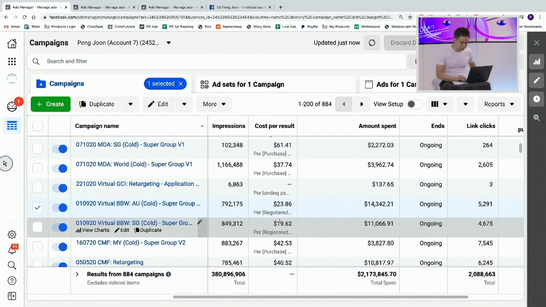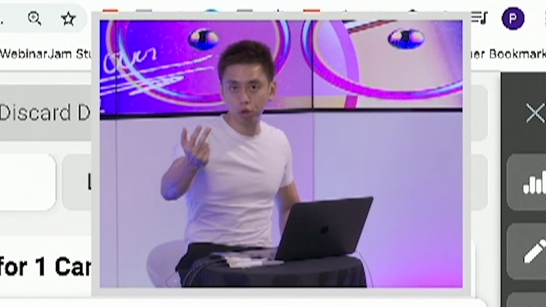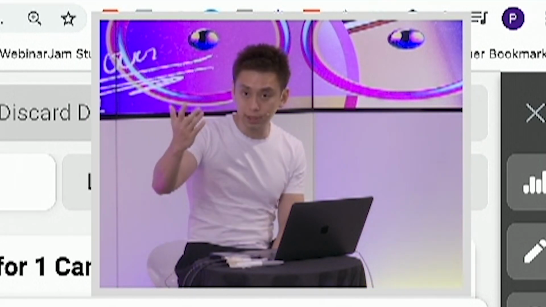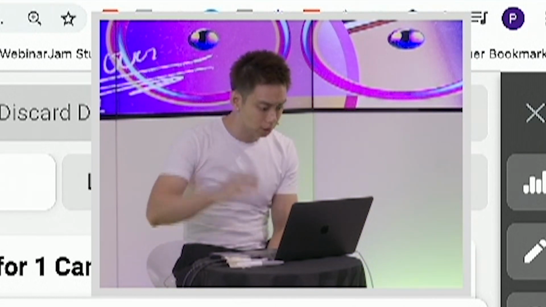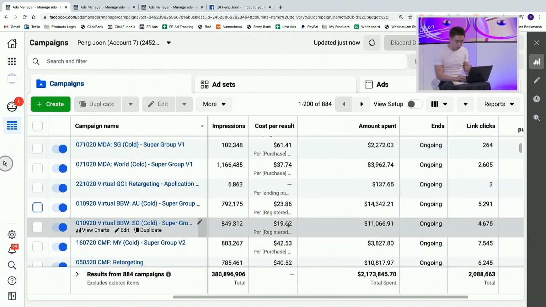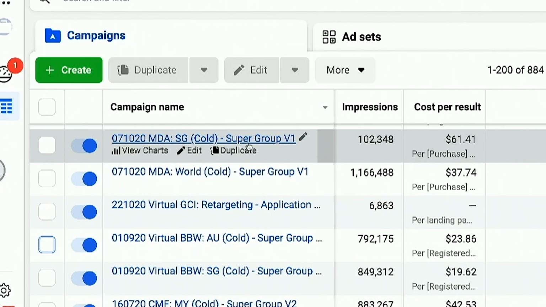Now, what is the cost per result? Well, the result could be a sale, it could be a lead, it could be a phone call, depending on your nature of business. The most common one would be leads and purchase. So if you were to take a look at all these different campaigns, I'm going to walk you through all the different campaigns. If you take a look at our cold audiences, meaning people who don't know who we are,